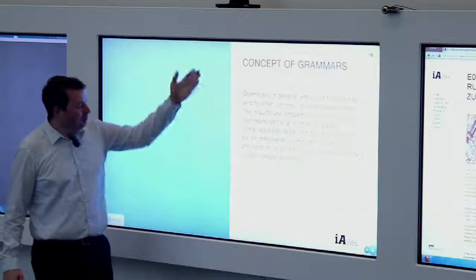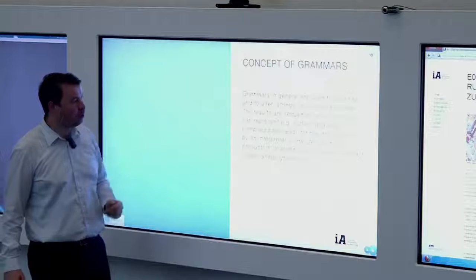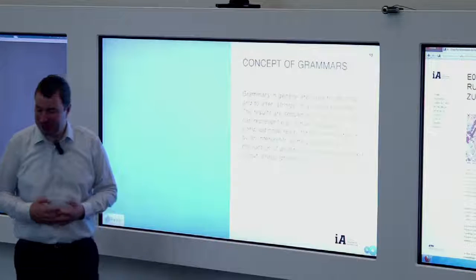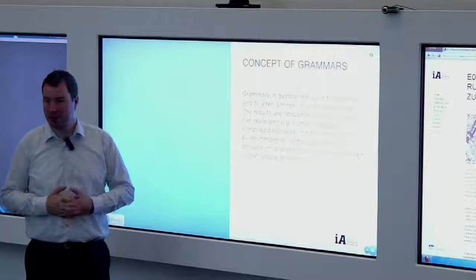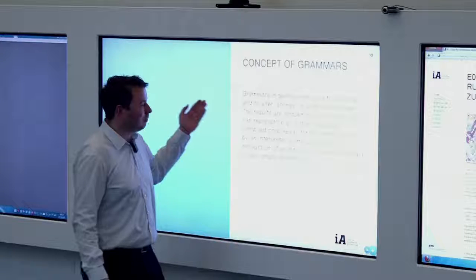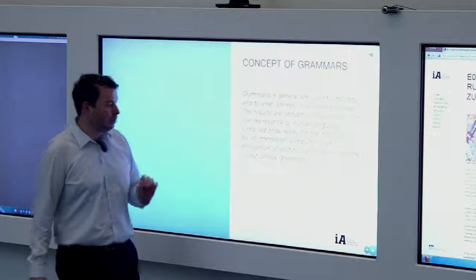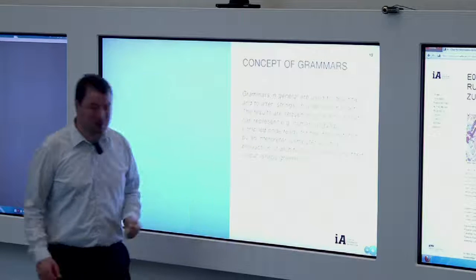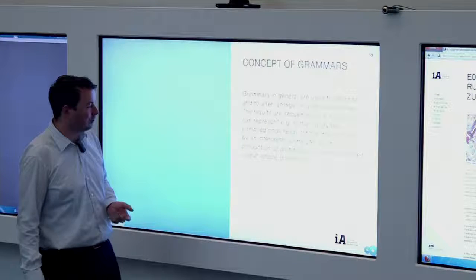Okay, so what I just called one possibility, one tool to do that, are so-called grammars. Maybe everybody knows some grammar here in this room, I guess. Otherwise, we couldn't communicate. We learned something about that in school. So basically, grammars are used to describe and alter strings, in a defined manner. The result is sequences of symbols. So for instance, we have subject, object, and verb in a sentence